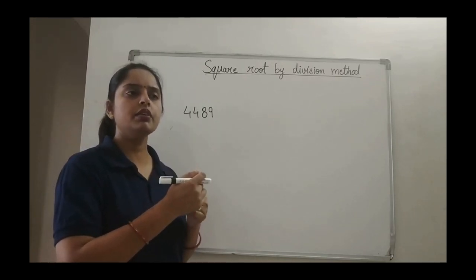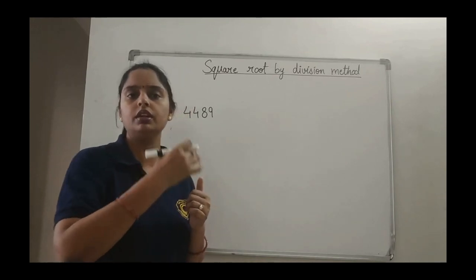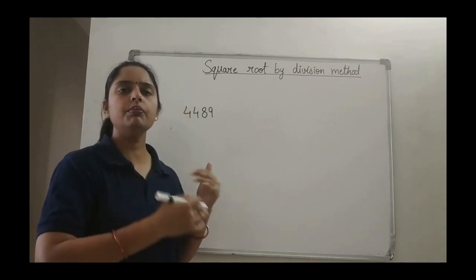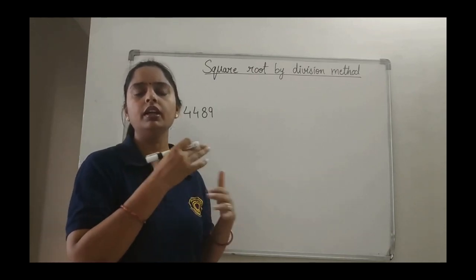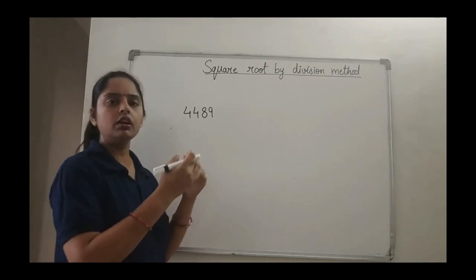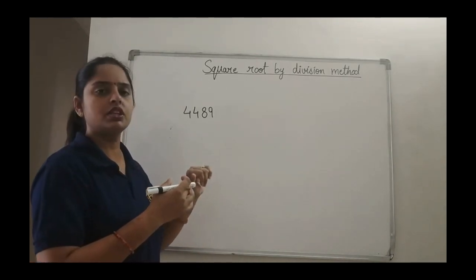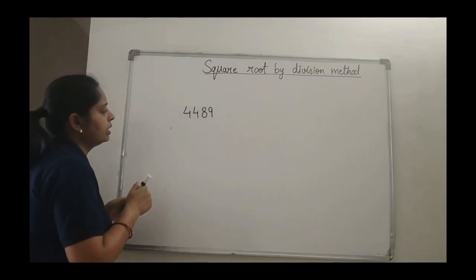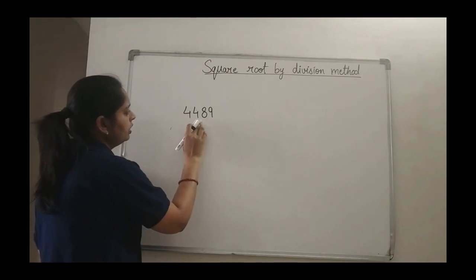And sometimes the number is very big, the prime number is very big, like 43 is there. So you will keep on doing the prime factorization. By 2 you will check, then for 3 you will check, and it is a very tedious job. So for that type of number in which we are not getting small prime numbers, we can go for the division method. See how we have to follow the division method. Whatever number we got, like here you got 4489.